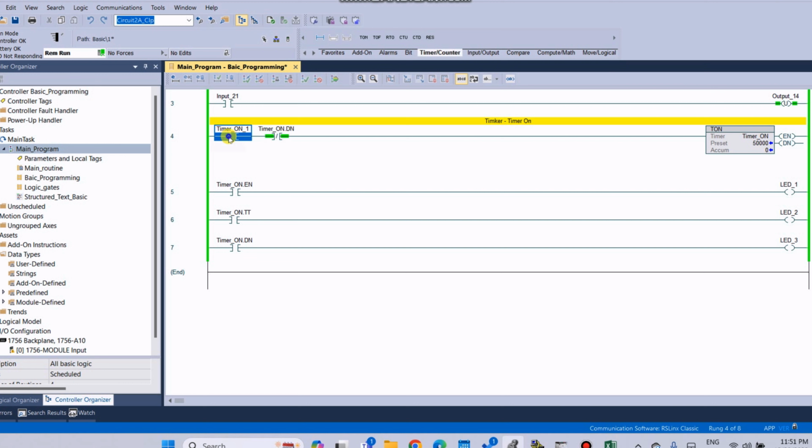So click again, toggle and observe. We can see when the timer has completed the time, the done bit is on, and the timer has been reset.